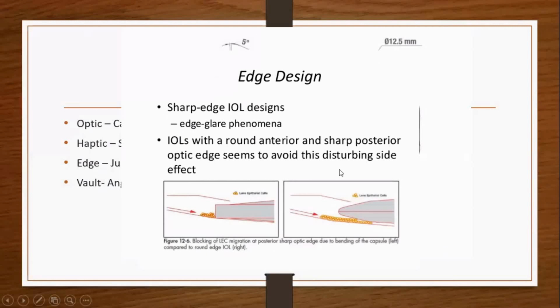So here comes the edge design. I already told you about the square edge. This is a square edge and this is a sharp edge. These are the lens epithelial cells which will migrate after implanting an IOL. Mainly, a lens having a square edge has a low tendency for epithelial cell growth, which results in a low rate of PCO. But the lens with a sharp edge will have a lot of epithelial cell migration, which ends up in PCO.